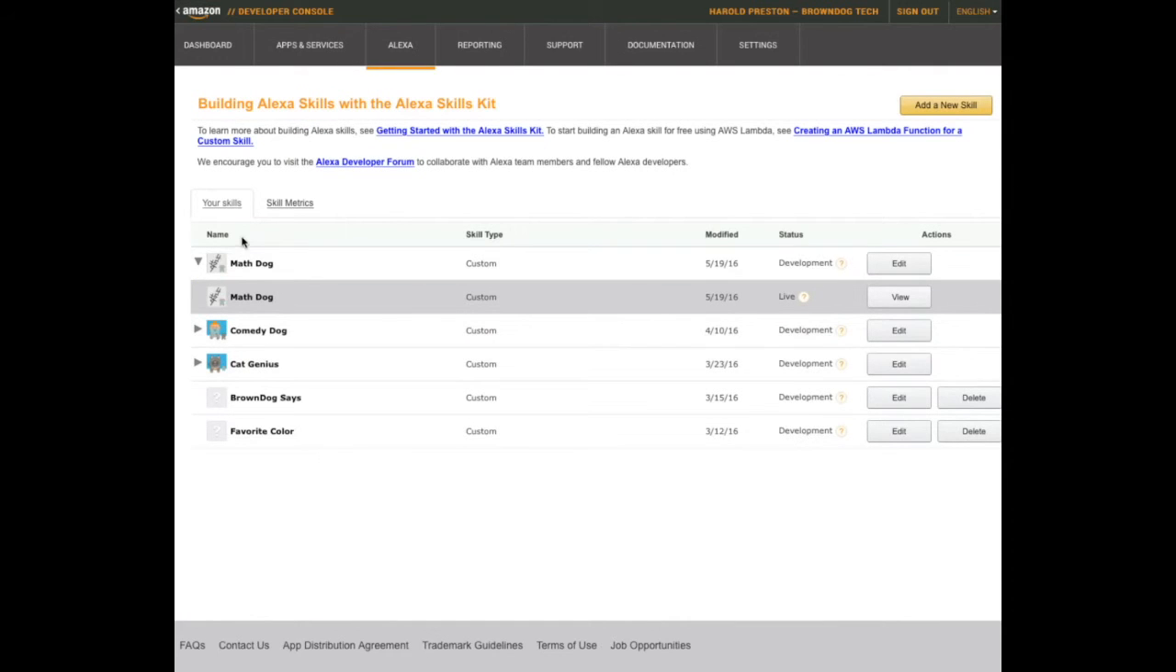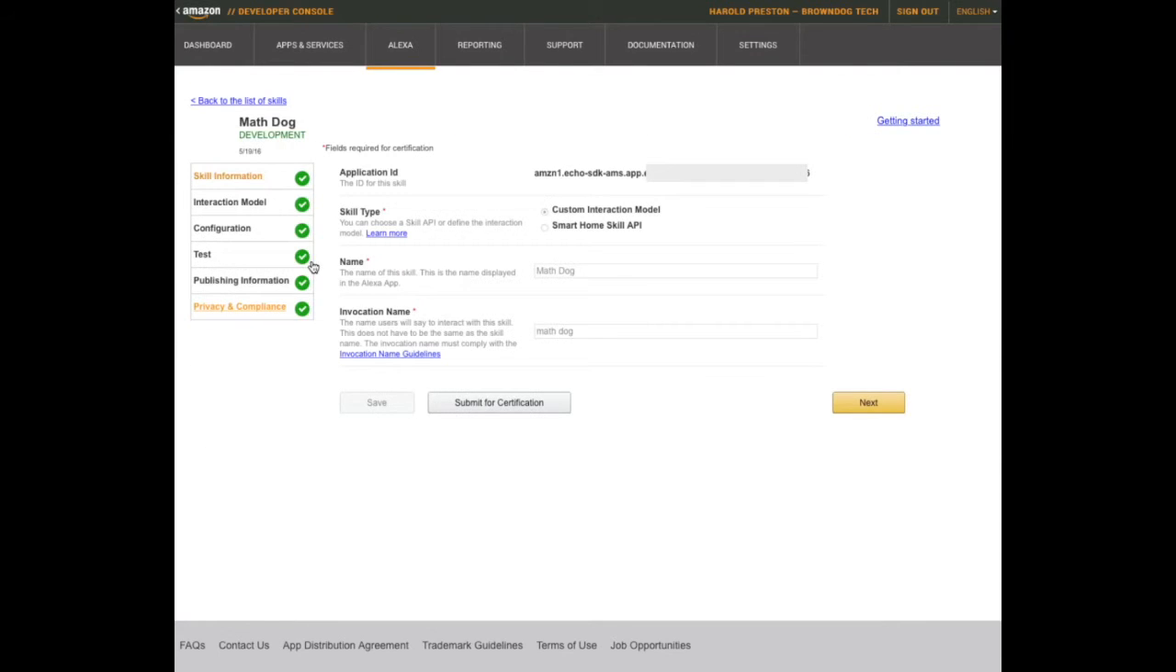We can see in here where I've got all my skills. I've got 2 others in addition to MathDog that are currently live in the system, and then I've got a couple that I'm working on for some different projects. Here in MathDog, if we take a look at here, we can actually see how these are set up inside of